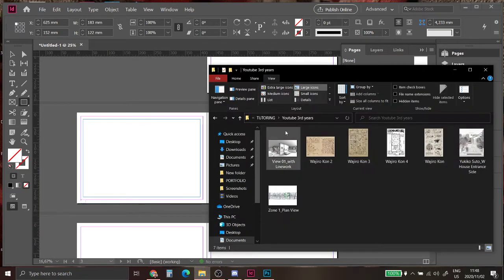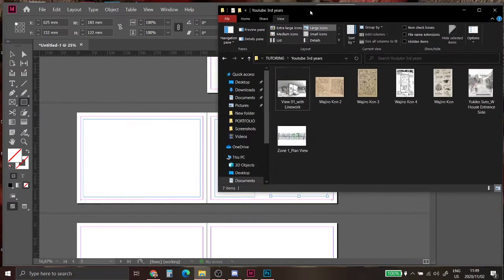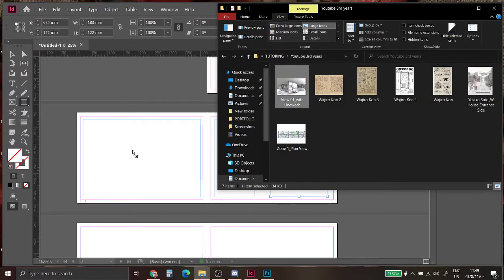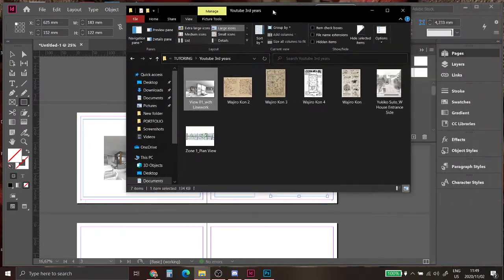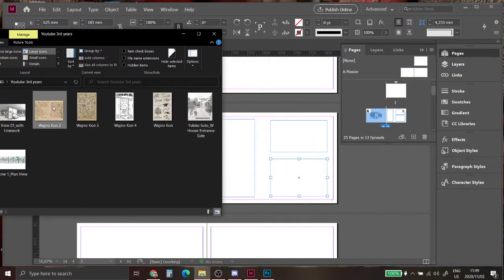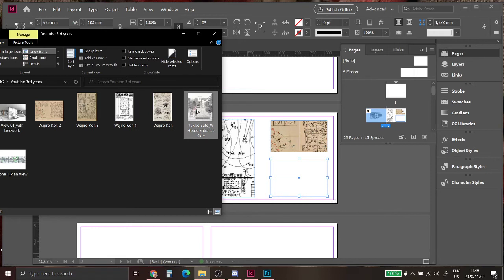Now you're going to collect all the work that you're going to place in this file under one folder, and do not delete or move these files at all. InDesign never takes an image in directly, but it does take it as a reference. So when it comes to time to printing, it takes the actual image from the file location and it prints that image. As you can see, to take an image into the InDesign file, you simply have the